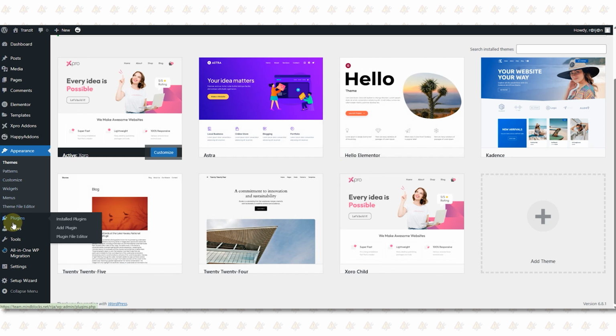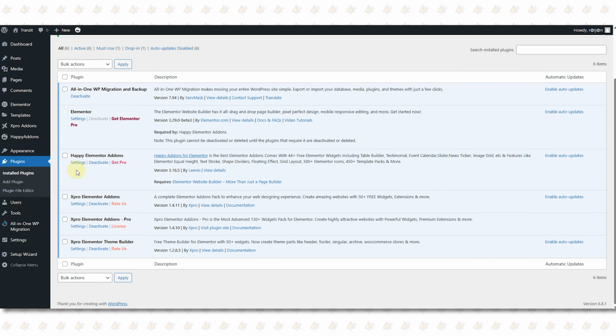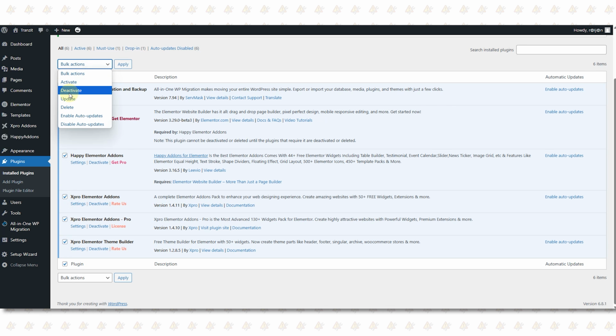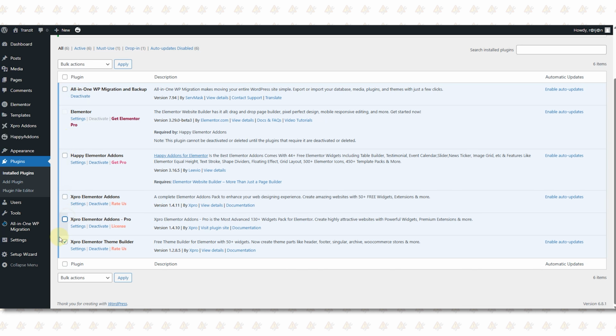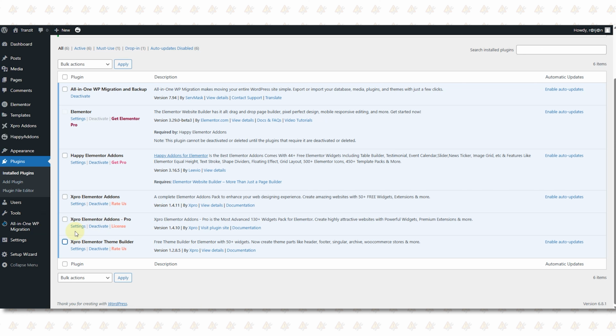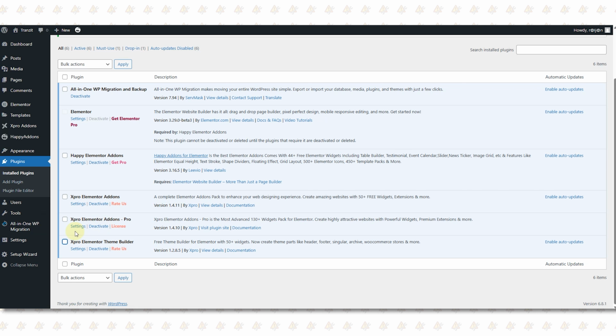So for that, go to Plugins. Turn off all the plugins except Elementor. Turn them back on one by one, and after activating each plugin, check your page. If the widget panel stops loading after activating a specific plugin, it means that plugin was the issue. Once you find out the faulty plugin, check if it has an update, update it and check the widget panel again. If the issue is still there, you might need to delete the plugin or contact the plugin provider.